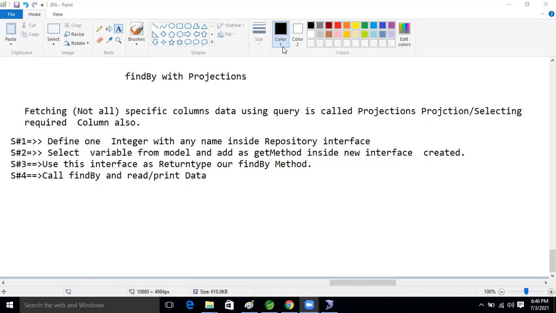If you are using a find by method, you have to create one inner interface inside that repository interface. Then you can select particular data, a particular row. There is no direct possibility if you are using the find by method.